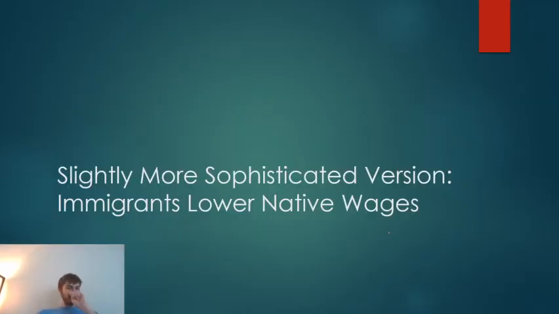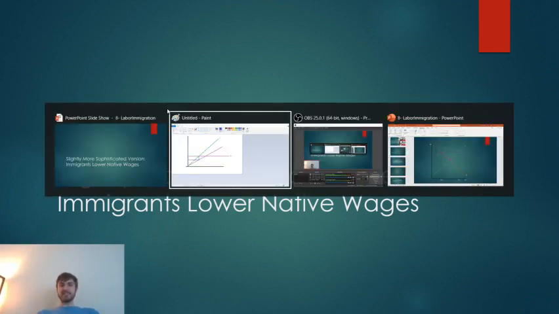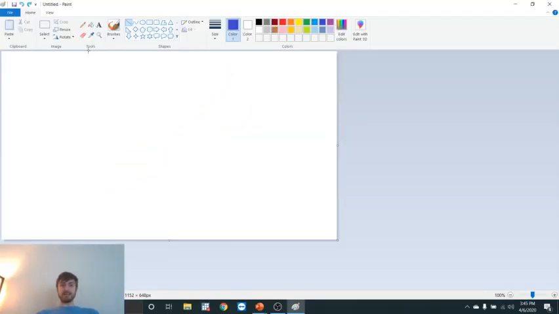Okay, but there is a more sophisticated version of that argument, and that's that immigrants lower native wages. So everyone keeps the same job, or they find other jobs to do, right? But you're going to be making less money, and this at least has a basis in supply and demand. Why? Well, they would say, look, you've got